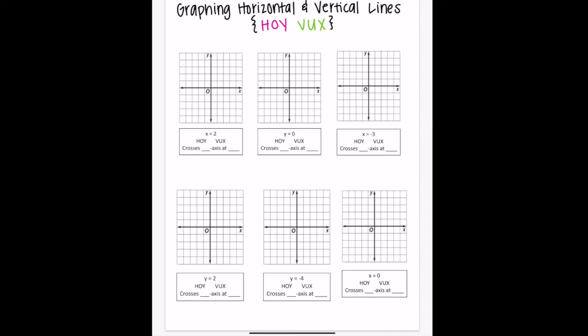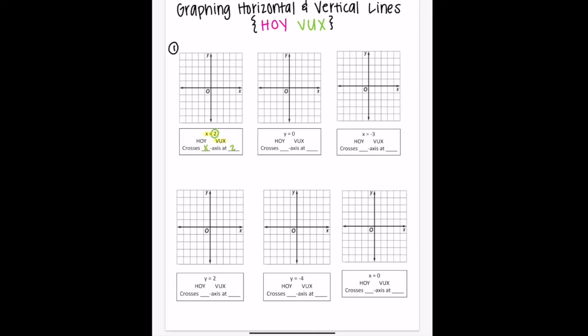So we'll call this example 1. We are going to graph x equals 2. Okay, so in order to graph x equals 2, well, what do we know about x equals 2? Well, we know that it has an x, so that should help us remember VUX. So if it's a VUX, that means it's going to cross the x-axis at whatever that number is, which is